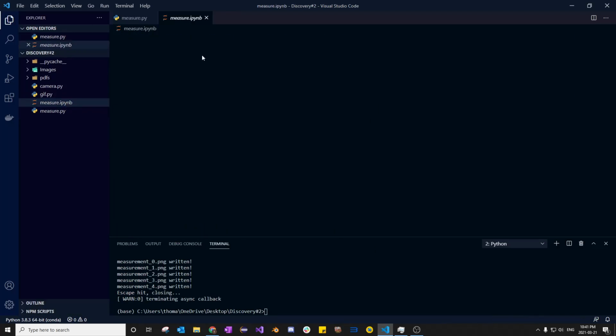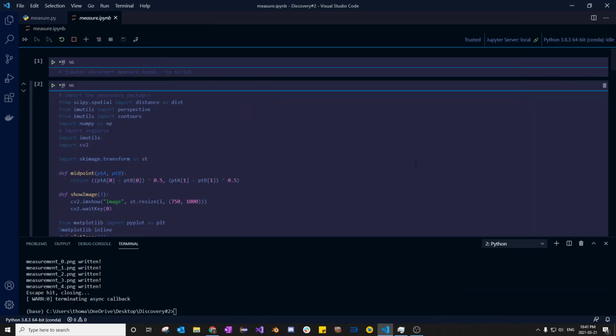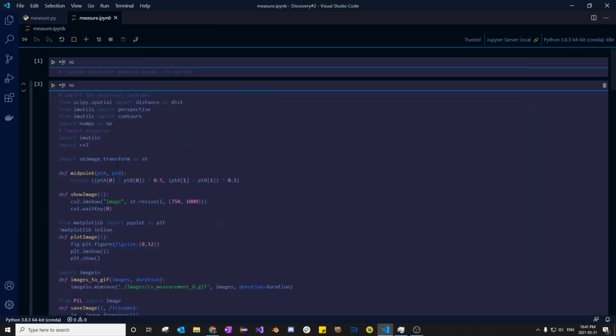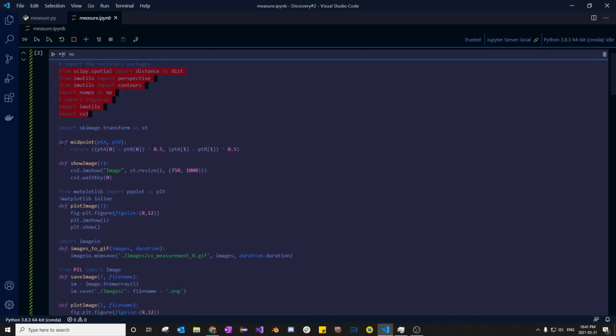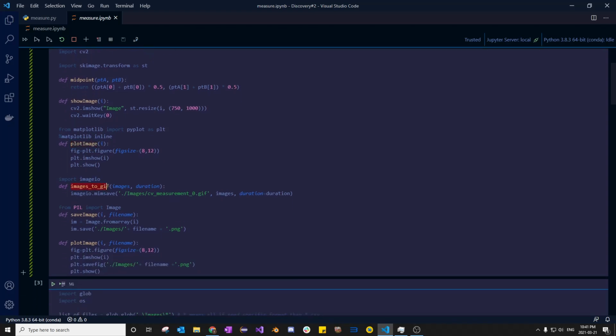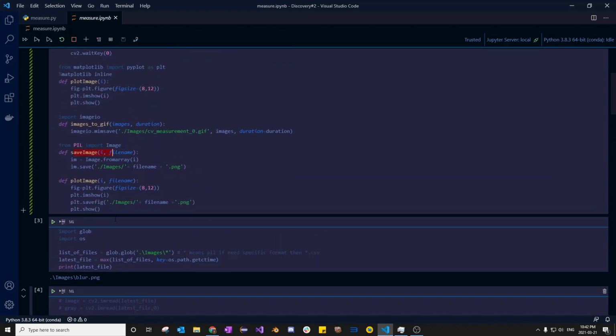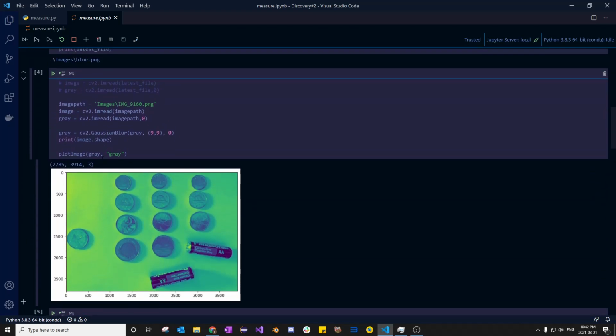Measure is the edge detection logic. The reason it's in a notebook is so that I can show cell by cell what each cell does and what's happening in the logic. The first cell imports all these libraries and defines a bunch of functions I need throughout, such as midpoint, which calculates the midpoint of a line, show image, plotting the image, images the GIF, and saving the image. The first thing we do in the edge detection is load the image,